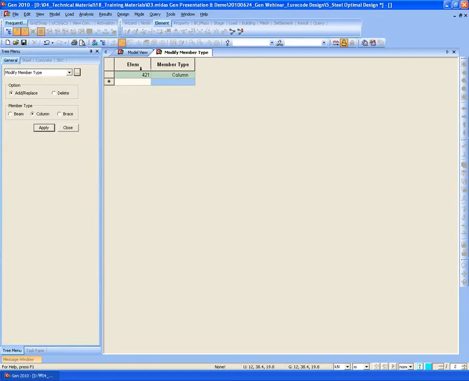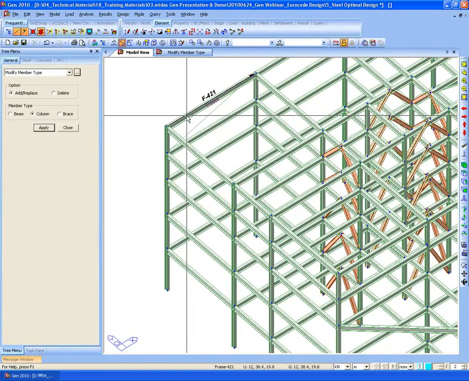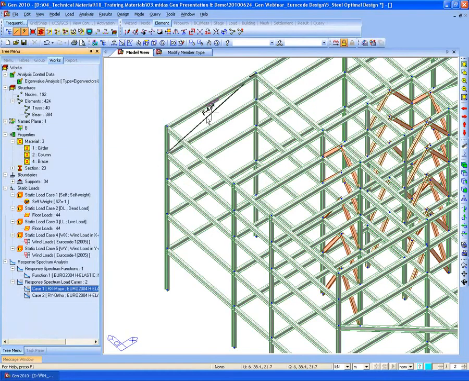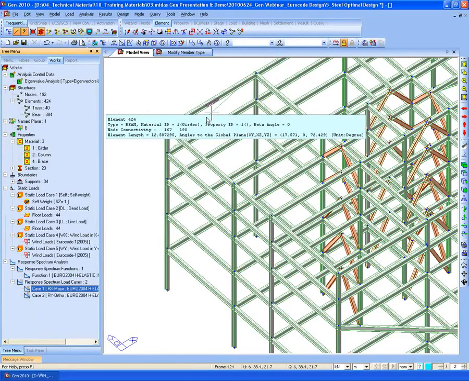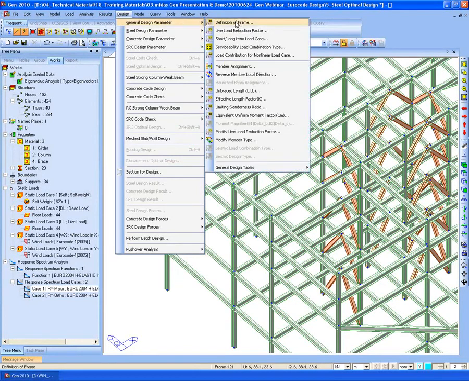So in this case, the design will be performed based on the column rules. Performing analysis is the same for columns and beams. For the design, different rules will be applied. So you can specify the types using this function, or if no data has been entered, the program can automatically recognize them based on their directions.